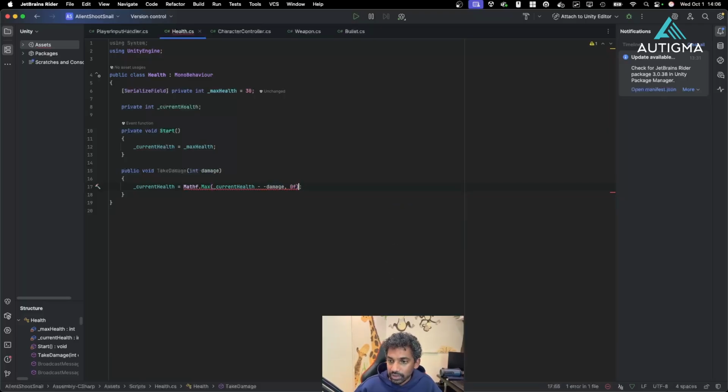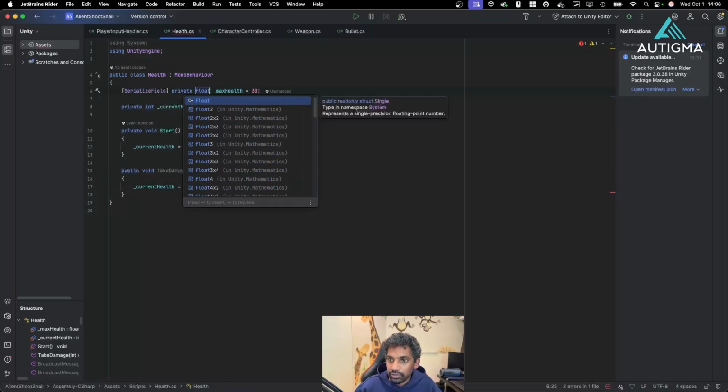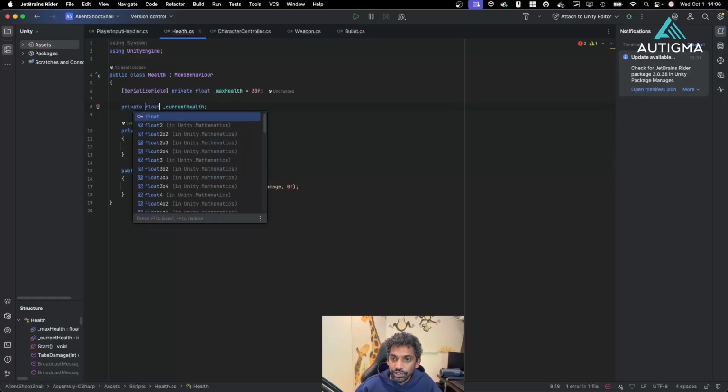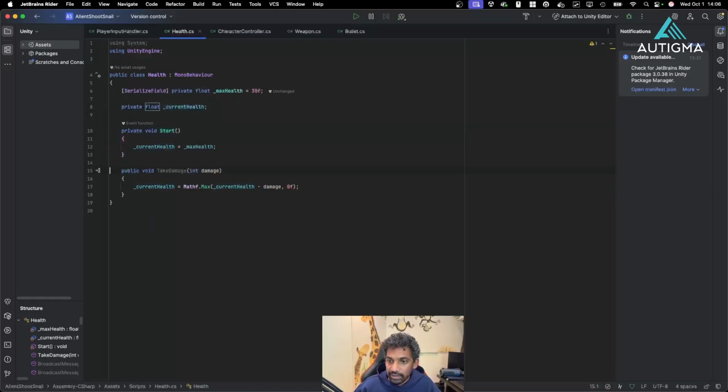0f). So this will give us, actually, you know what, I want to use float, so I'm going to go back and change this to use floats, because our Mathf functions use floats, but you could probably use an integer here. So let's use private float max health equals 30f, private float current health, and then our TakeDamage function should